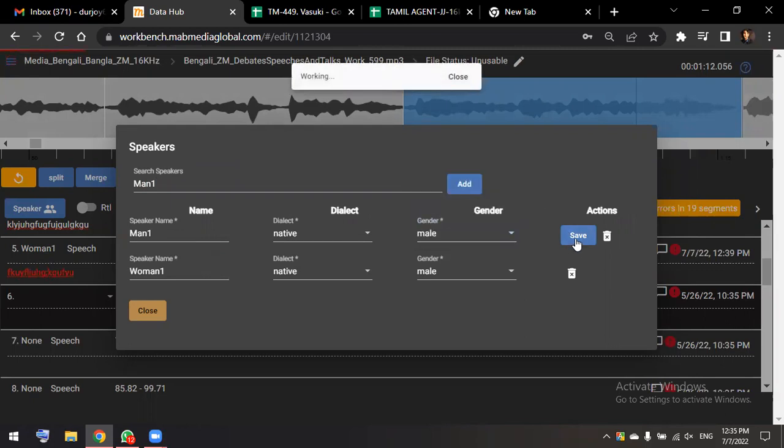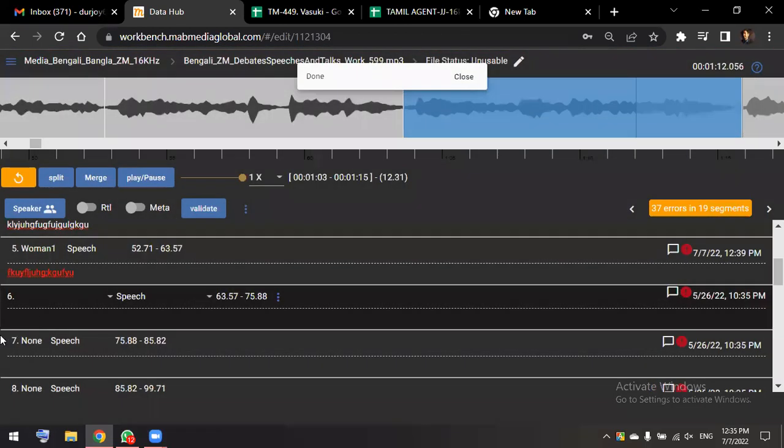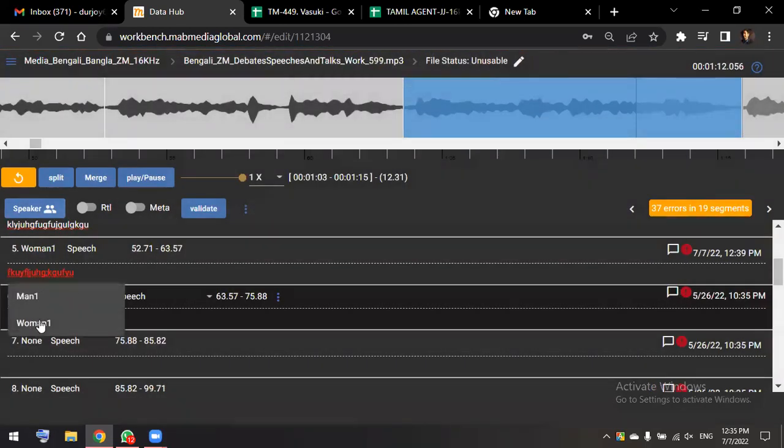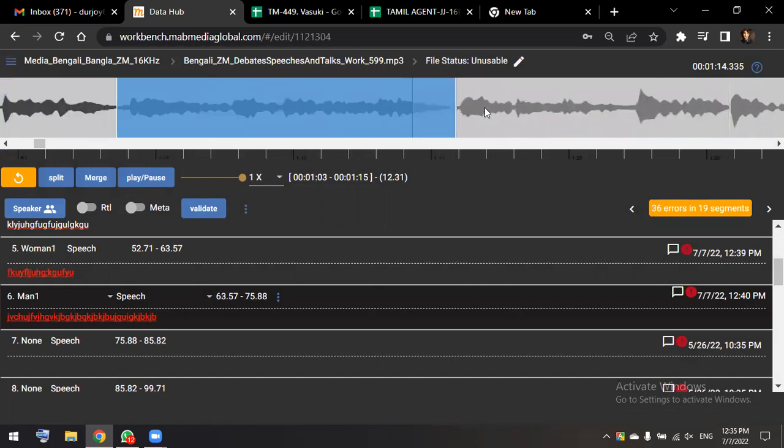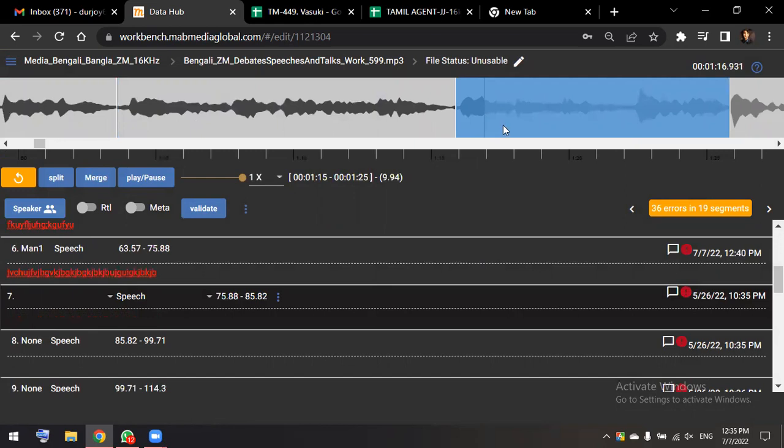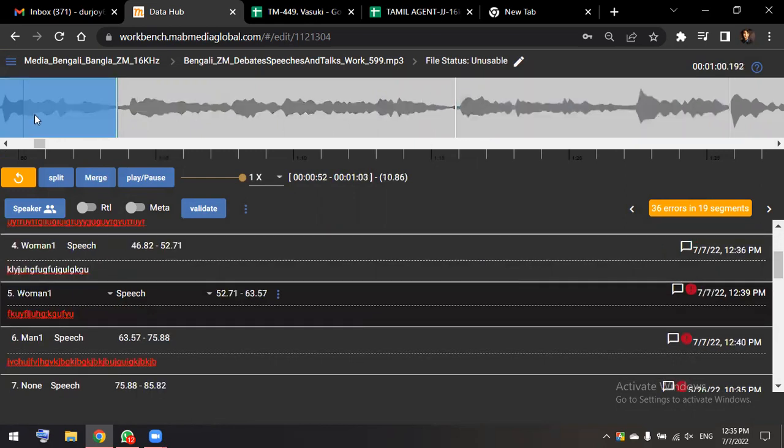After that, it will appear in this box. Just before that there was just woman one. Now you can see there is a man one also. So whenever this man one is talking, you just select man one and write down that man one is saying this, and that's it. There is nothing more. But if a person came, and again a person came who is a woman, but not the first one,